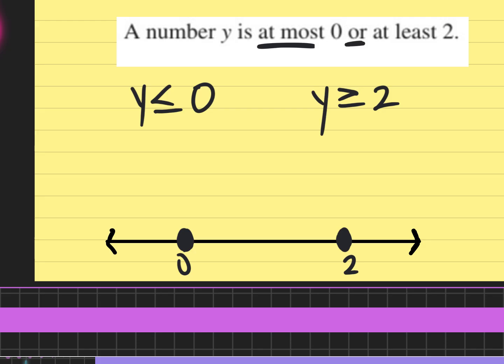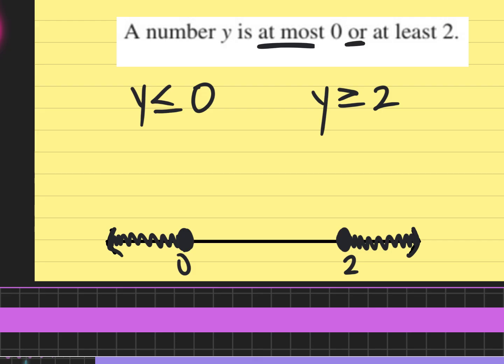Well, less than is going to be to the left of 0. Y is greater than or equal to 2. Greater than is going to be to the right of 2. And you could see this is not an intersection like last time. This is not an AND. This is an OR. You can't have a number that's less than 0 and greater than 2 at the same